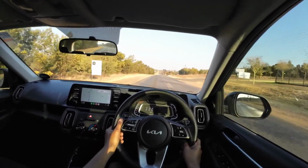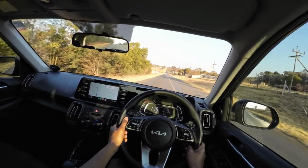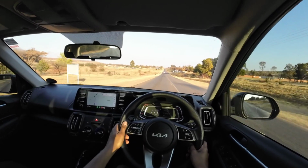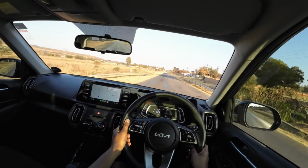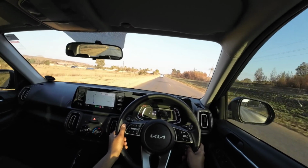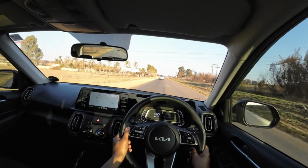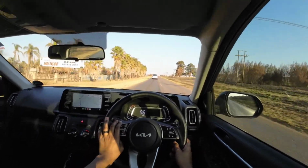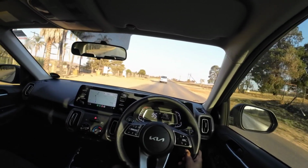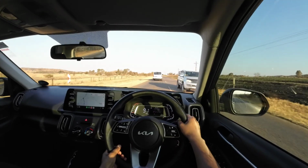I understand everything else that you're looking at. It's a Kia. It's a car that is reliable. This car is definitely made to last, and it's probably going to outlast some of the competition out there. But right now, we are in a different world altogether. And when I drove this car back in 2021, I was saying to myself, you know what, Kia still has that name. We've seen them building it up, and now I understand why they would have priced the car to a certain point. But right now, this is 2024, and